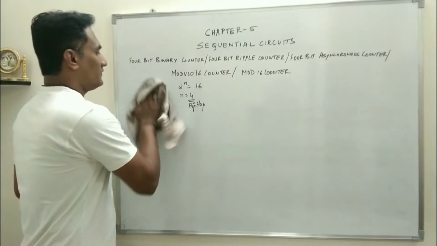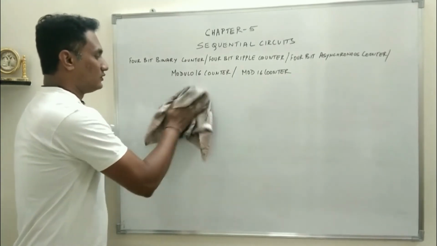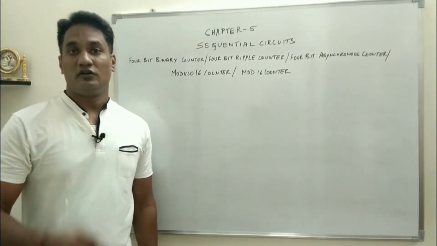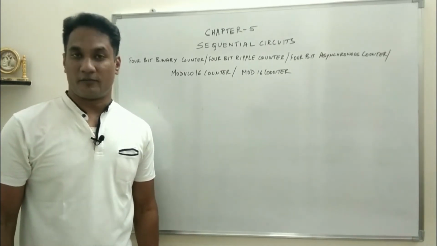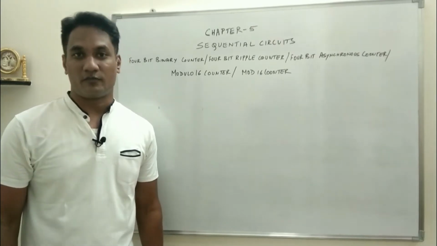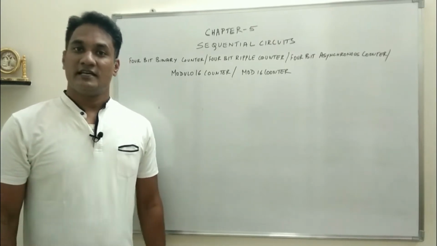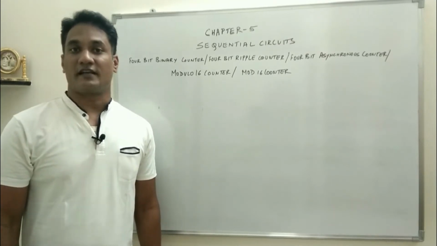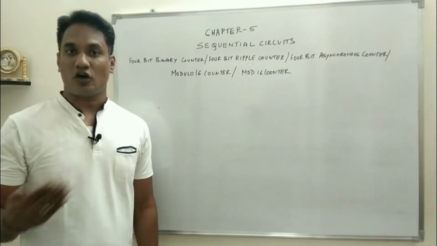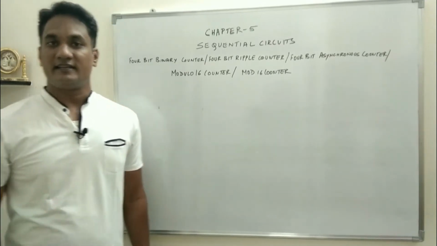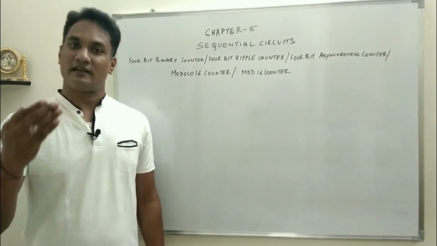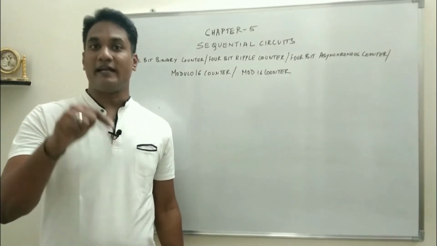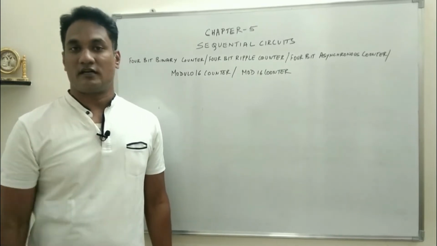Now when I started this video, I told you that you need to go through the T flip-flop, working of the T flip-flop. T flip-flop is nothing but toggle flip-flop. Toggle flip-flop we designed using JK master slave flip-flop. In JK master slave flip-flop, when both J and K are connected to logic 1, the output toggles. Toggles means if it is already in set condition, it will reset, or if it is in reset condition, it will set. So this toggling will keep on happening with the applied clock pulse. So this is what a T flip-flop is.